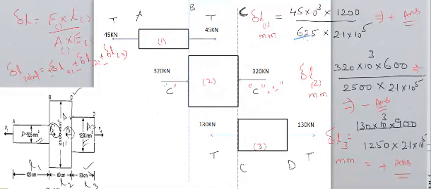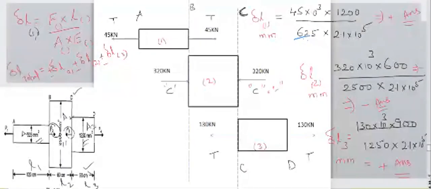So to find the elongation in individual sections, we will get delta L. We are using the formula delta L is equal to F into L divided by A into E. It may be for individual sections, 1, 2 or 3. So I am considering the same formula for the 1, the 2 and the 3. In this formula, F represents the load.